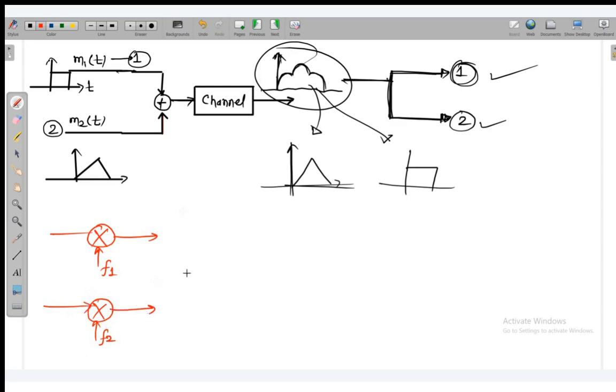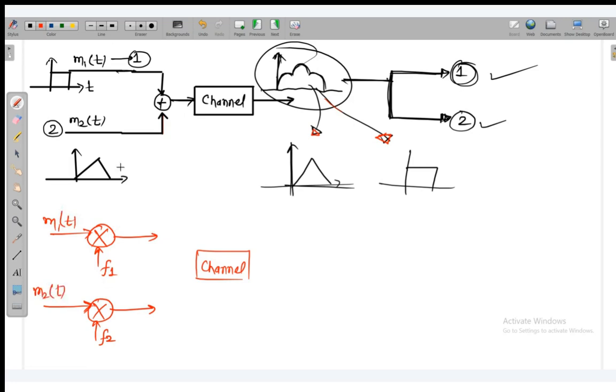we still have to add because the channel is only one. So we have to add them. But when we add directly, it is not possible to distinguish the signals. But when we multiply with the carrier, and the carrier frequency is different for both,